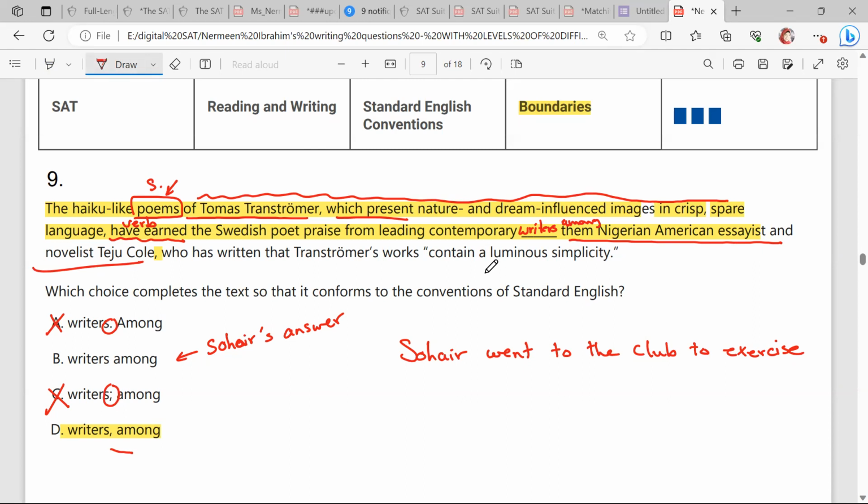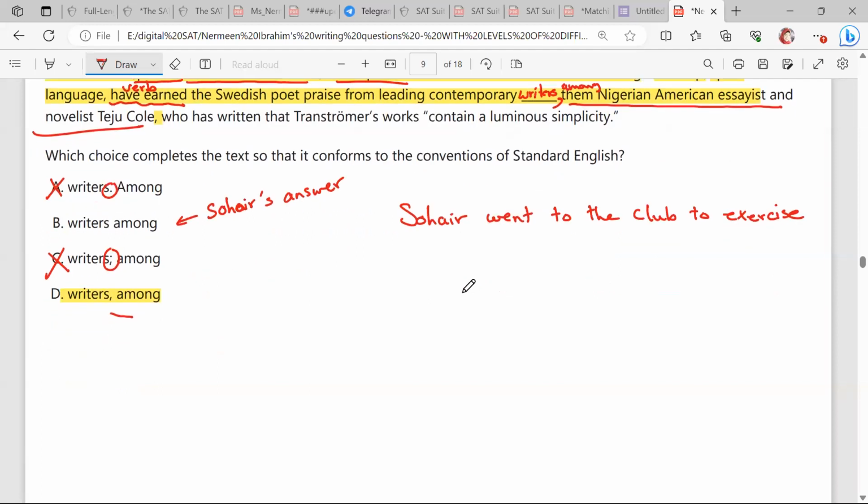Is it clear? Among them, Nigerian American essayist and novelist Teju Koli. Because I'm giving you certain extra information about one of these writers. I'm not talking about them all, not referring to them all. No, I'm talking about a certain one. This is an extra piece of information. That's how we make boundaries, a boundary between the main clause